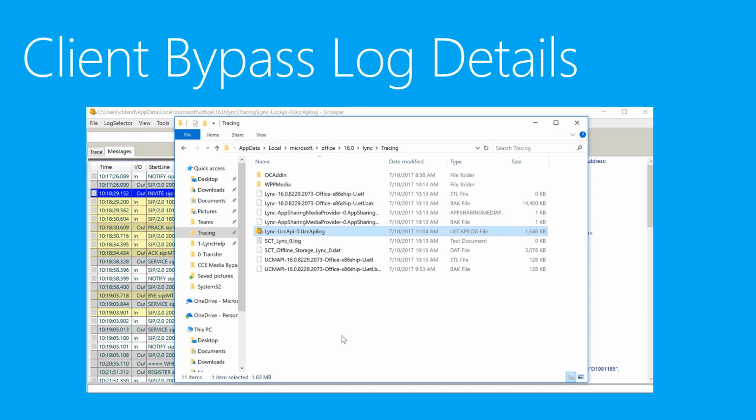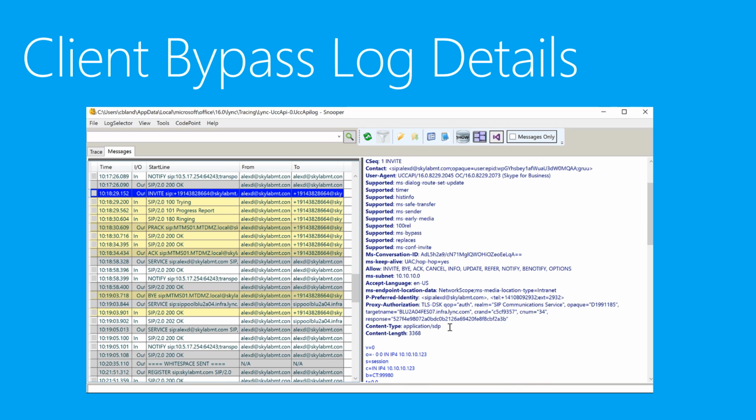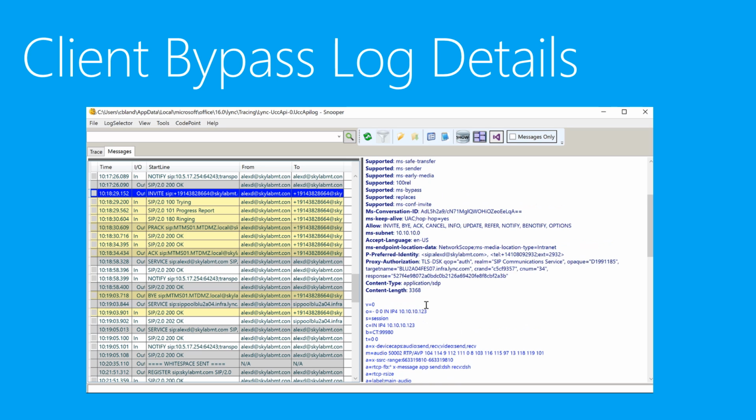Let's take a look at our client-side logging for this media bypass call. I've opened our lync UCAPI log file from the tracing folder in Snooper. And let's look at the invite out from the client. So take a look at the SDP here, the content type, application SDP. This is from our client at